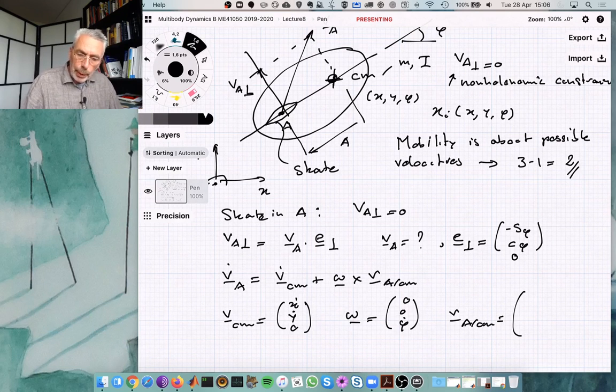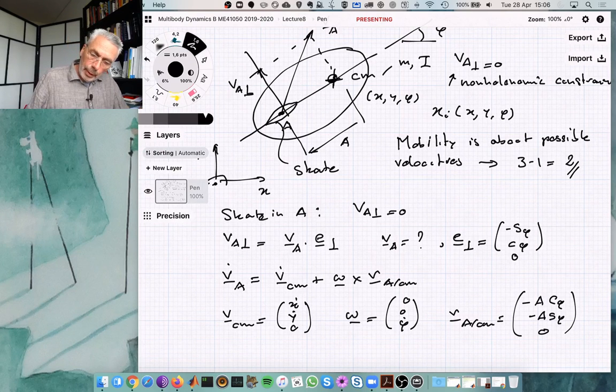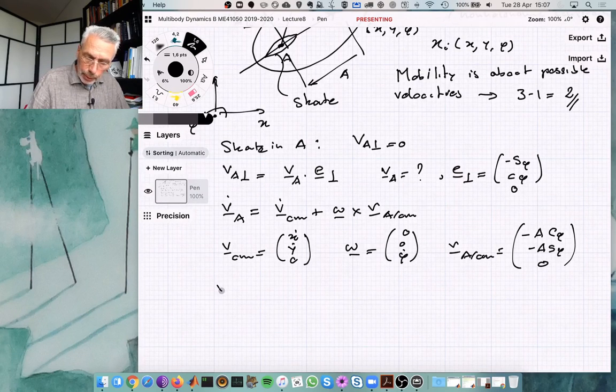So it's the backwards position from the CM. So what is that? That's minus A times cosine phi, and that's minus A times sine phi, and that's a 0. Okie-doke, so now I have all the ingredients, I have the formula, and I can calculate the velocity